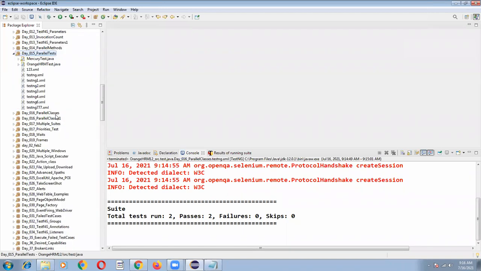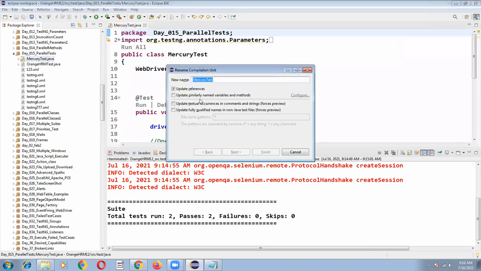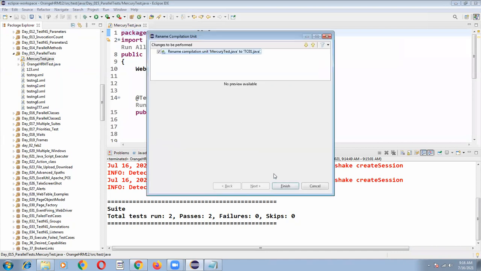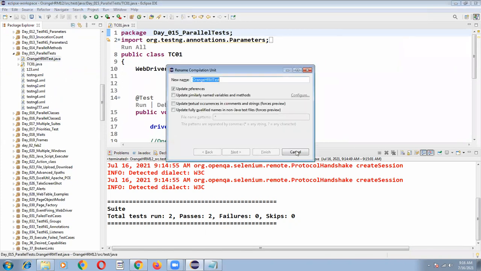So this is one test. Let me rename it to TC01. I'm pressing F2 and renaming to TC02, clicking on next and finish.